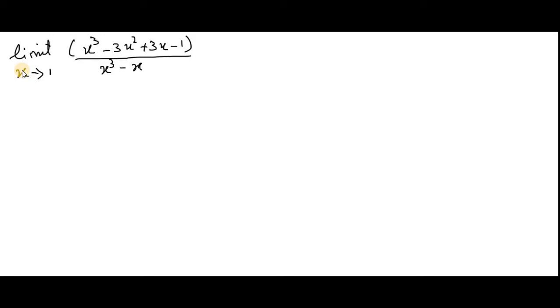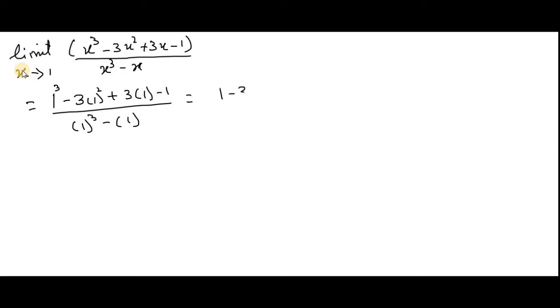Now applying the limit again, we get 1 cube minus 3 into 1 whole square, plus 3 into 1 minus 1, and 1 cube minus 1. So we get 1 minus 3 plus 3 minus 1 over 1 minus 1, and it is 0 over 0 form,